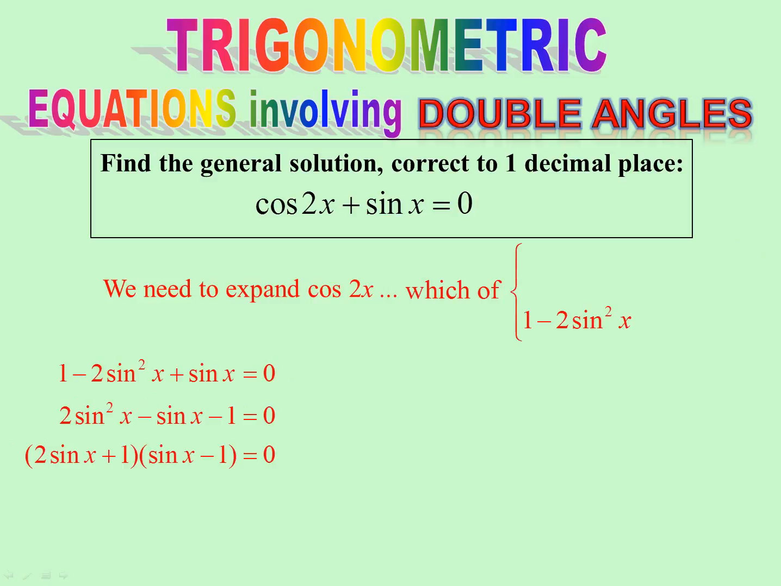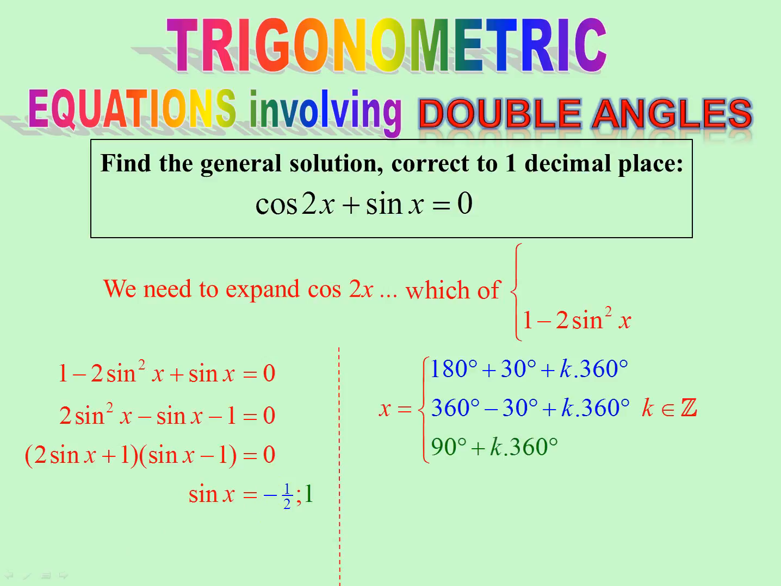Factorize into 2 brackets. Gives us sine x equals -1/2 and 1. Well, once again, this is a special angle. Sine of 30 is a half. Negative means third and fourth quadrants. So therefore we're going to end up with 180 plus 30 and 360 minus 30, each plus k360, k element